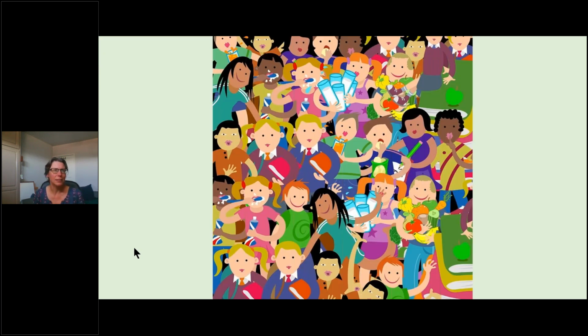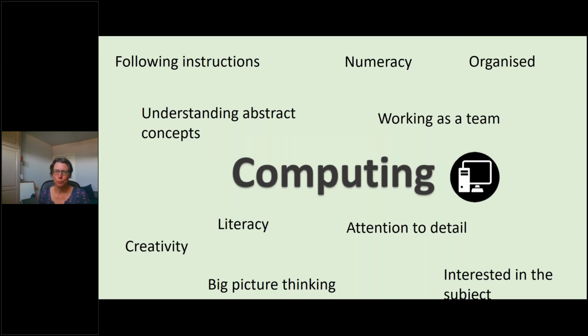Inclusion is a really tricky subject in some ways, because people have very different ideas of what inclusion means. What I'd like you to do is think about the children in your classroom. I imagine you have lots and lots of lovely individual children who come from very different backgrounds, have different interests and lots of different abilities. Sometimes we can be very quick to look at the barriers and the problems that our children with particular needs and disabilities face. But I think it's also important to think about their strengths, and their passions and interests. Because if we look at the computing classroom and some of the things that might be barriers,